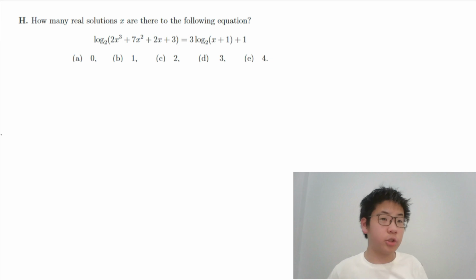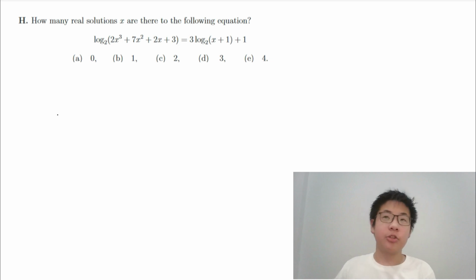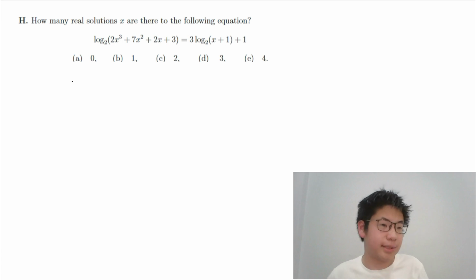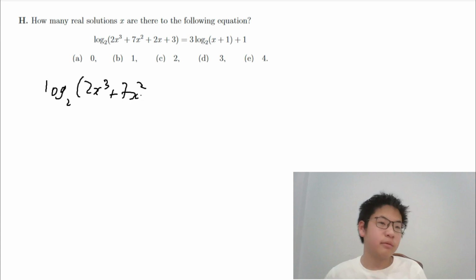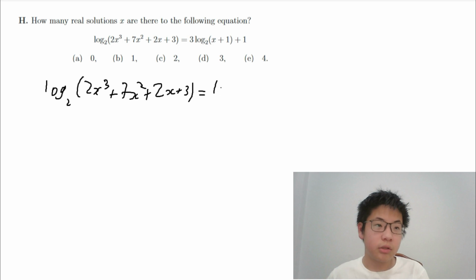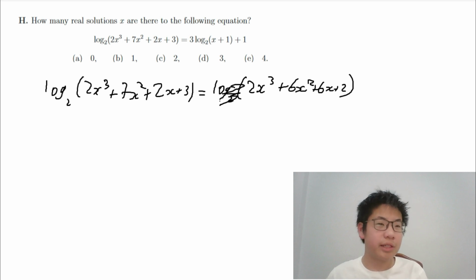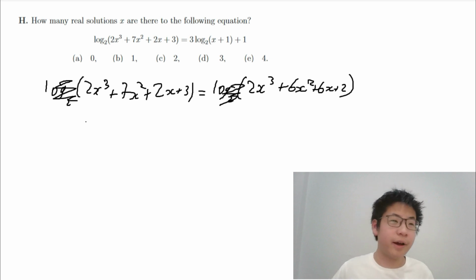So 3 log 2x plus 1 is x squared plus, x cubed plus 3x squared plus 3x plus 1. Multiply that by 2 since there's a plus 1 at the end. This will be log 2x cubed plus 7x squared plus 2x plus 3 equals log 2x cubed plus 6x squared plus 6x plus 2. Then we are now going to delete these log 2's because we can just compare